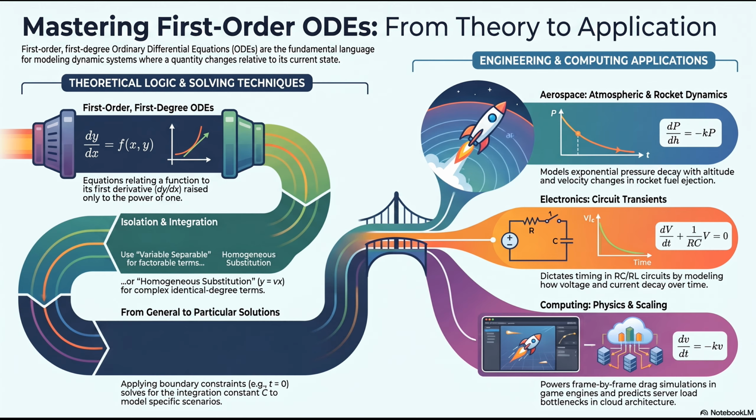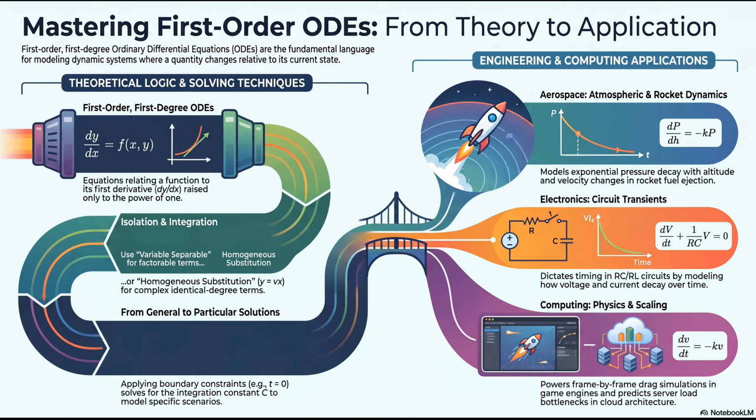Right, and I just have to ask, is this substitution essentially a mathematical cheat code? What do you mean? I mean, are we just tricking an unsolvable equation into becoming a simple laundry sorting problem? What's fascinating here is that, yes, it is absolutely a mathematical cheat code, and it works brilliantly. I knew it. Yeah, when the terms are too entangled to separate, you introduce this new variable, v, which just represents the ratio of y to x. Okay, but how does that actually untangle them?